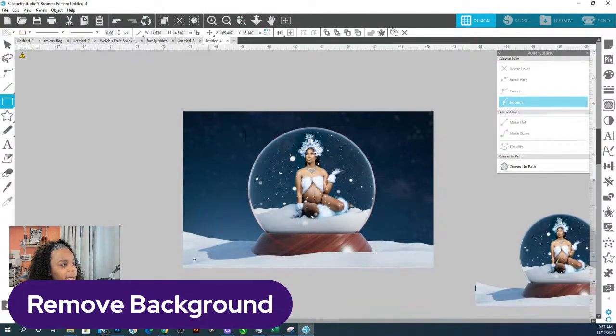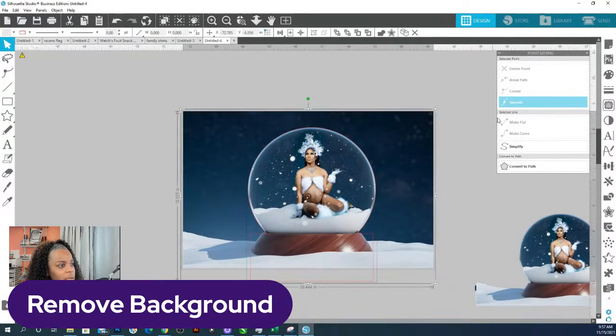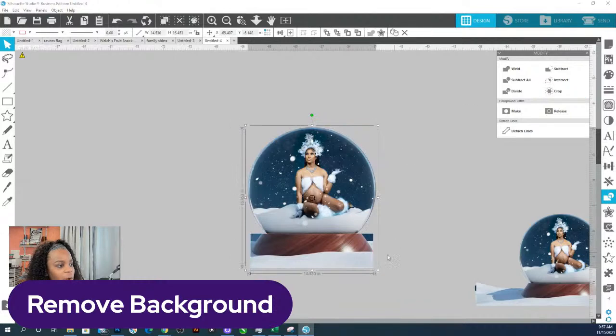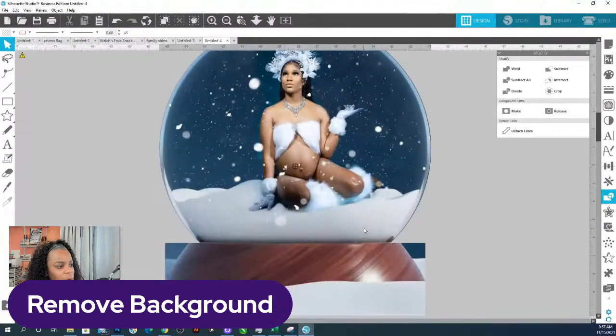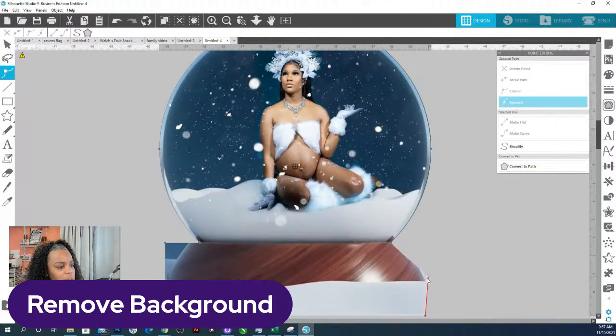I'm going to take a box for now and just kind of, I'm going to remove the snow part. So I'm just going to go to like here for now. I'm going to bring it down. I'm going to take my box and I'm going to weld them. Select the image and the shape I just welded, go over to modify and crop. So now I've cropped out everything else, and then I can go in with my edit points and